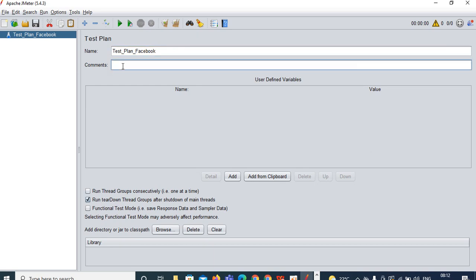Next, comments. Comments is not a mandatory field. If you are interested to put something as a comment, you can put it over there. If you want to keep, you can keep. If you don't want, you can ignore it. So what can I mention there? You can mention things like this is the test plan